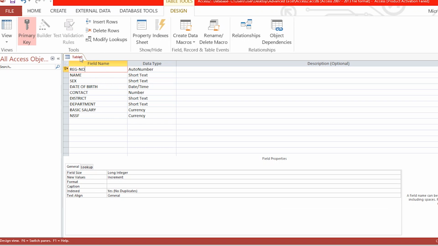Then right click from table 1 up here. Right click and select save. Then you save your records. Give it a name of your choice. I'll just leave it as table 1 for now, but as you wish you can give it any name, and then say OK. Then when I want to type data, still go to table 1, right click, and then go to